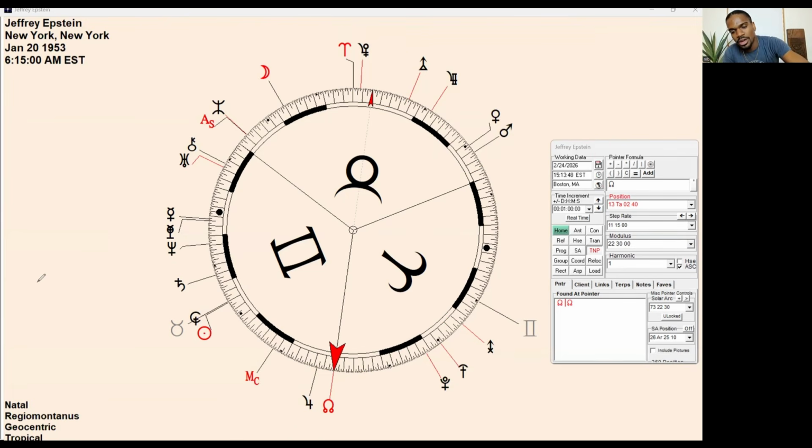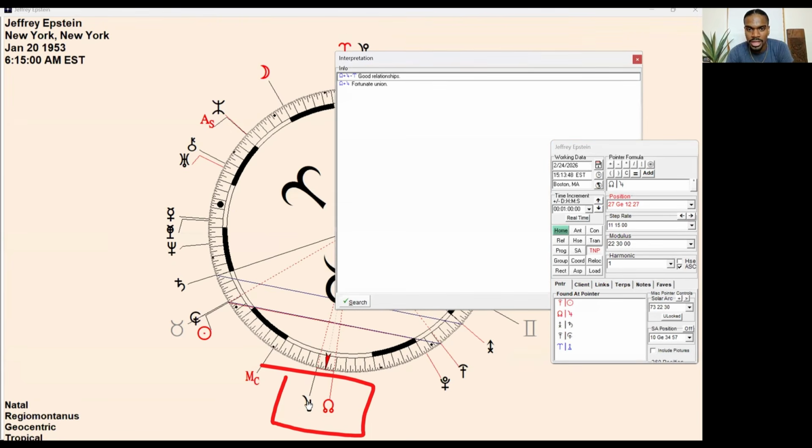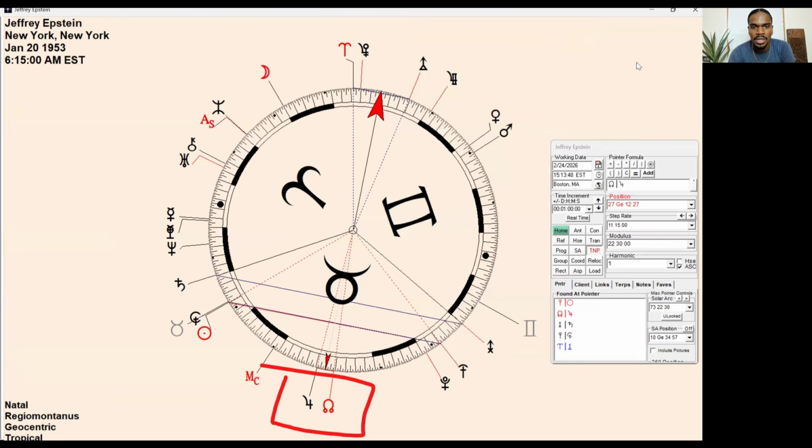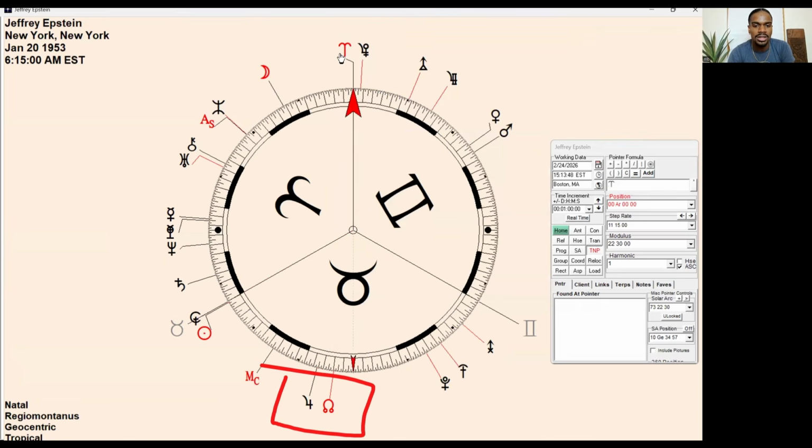The Jupiter being right next to that node is saying to us that he forms intimate connections with the rich and the famous and with people who are extraordinarily influential. And if we were to pull up the interpretation for that, it says good relationships as well as fortunate unions. So this is how we would take a look at Jeffrey Epstein's chart in a very rudimentary way using the